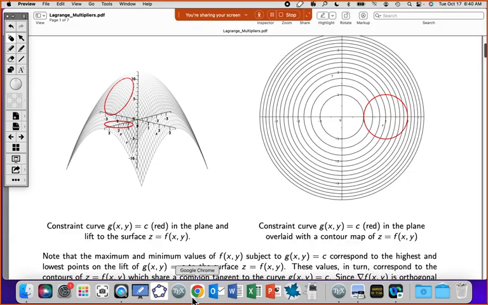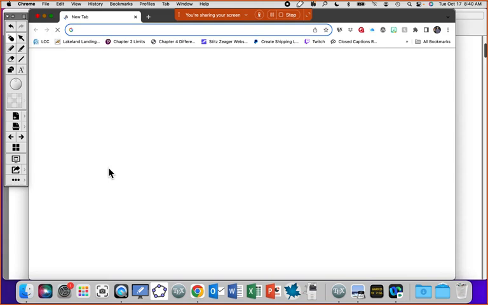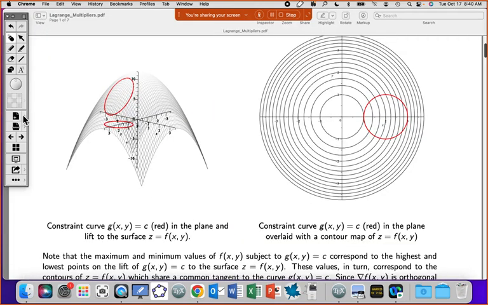So, method of Lagrange multipliers. In a nutshell, here's what it is. When we were optimizing functions, if we have a continuous function on a closed bounded region,